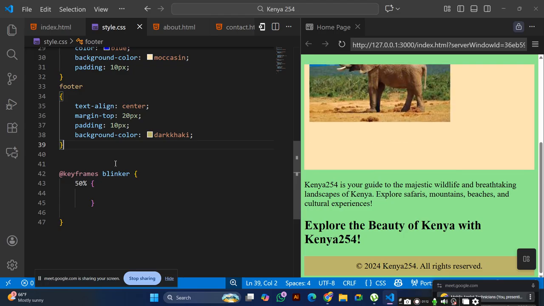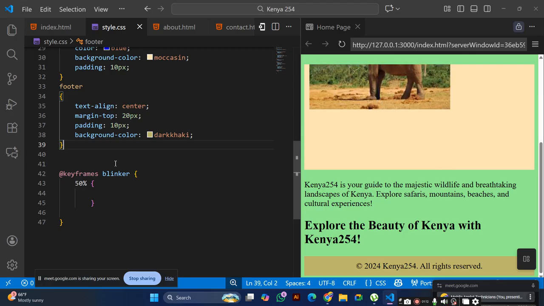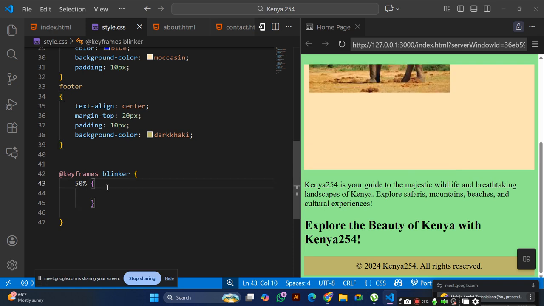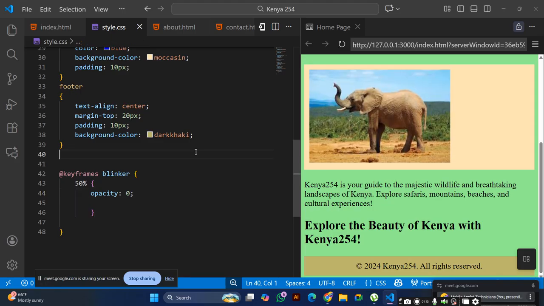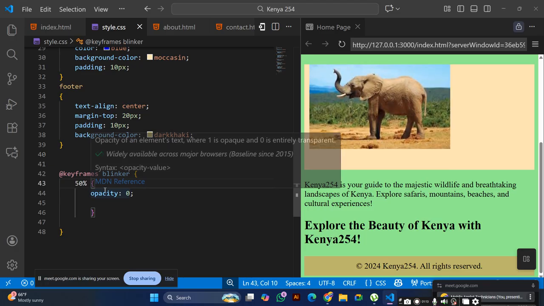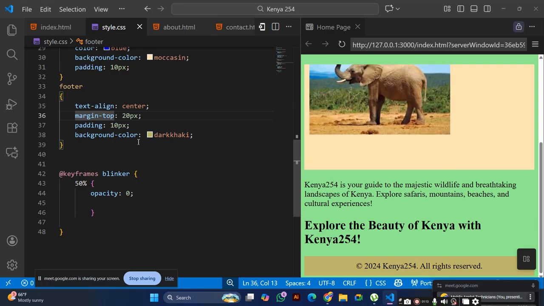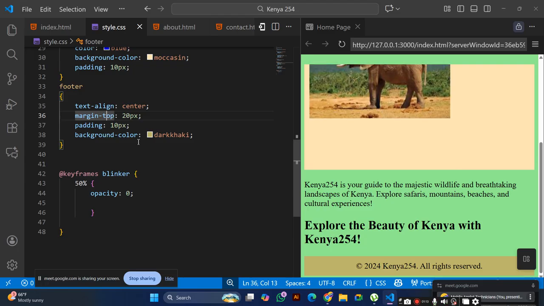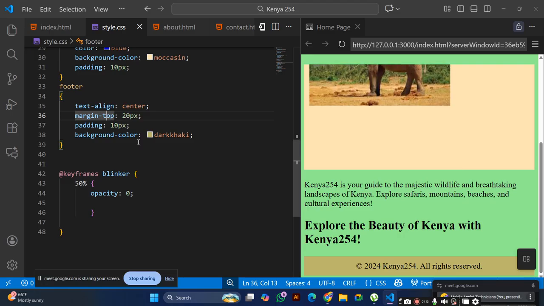Very good. So inside the 50%, you type opacity 0%. Inside the curly brackets for 50%, you type opacity 0. Done. Very good.